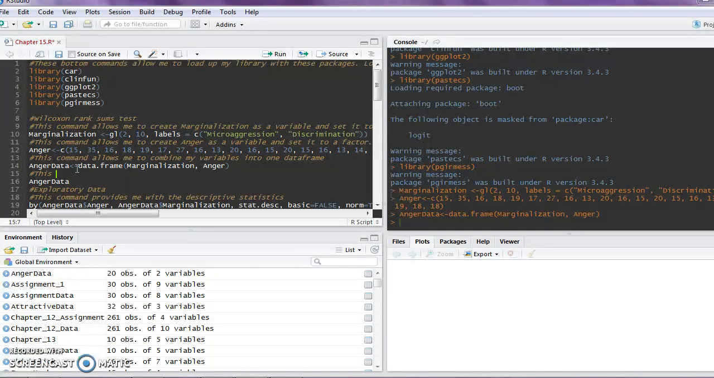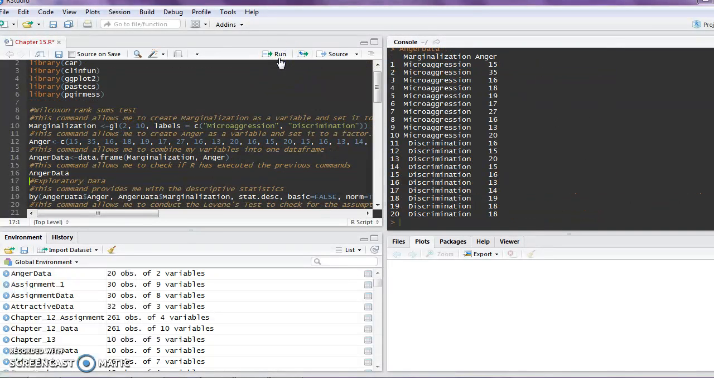So I'm going to write down the script really quickly. So this command allows me to check if R has executed the previous commands. Okay, so we're going to do that, and we're going to run it. So here we definitely see that R did what we told it to do. So we see our marginalization variables and the levels. So microaggression, discrimination,